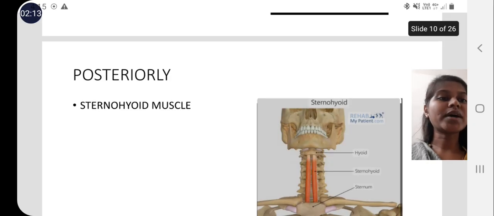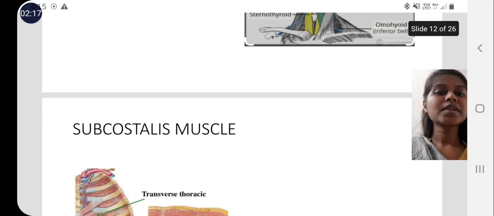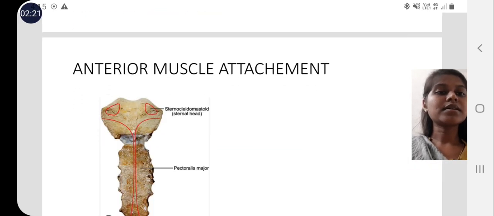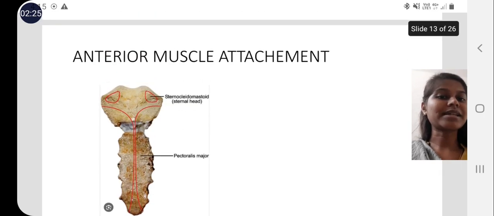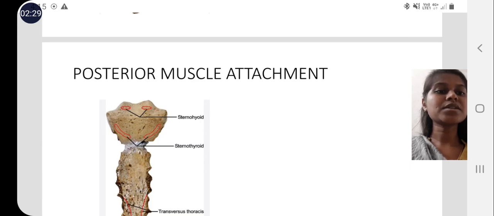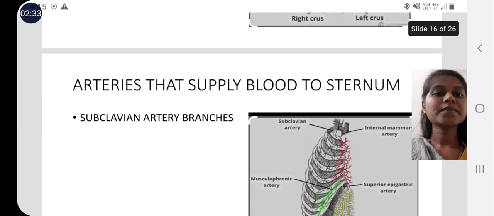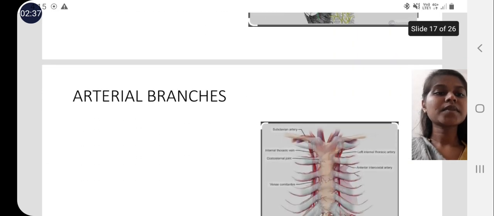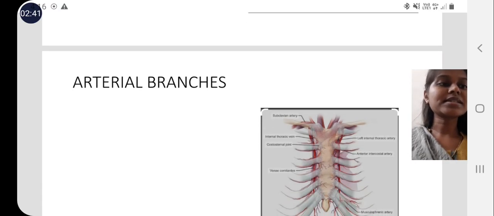Posteriorly, sternohyoid muscles, sternothyroid muscle, subcostalis muscles. So this is an example of anterior muscle attachment to the sternal bone, and this is the posterior muscle attachment to the sternal bone. This is of diaphragm. Arteries which supply blood to the sternum are anterior intercostal arteries, posterior intercostal arteries, and lateral